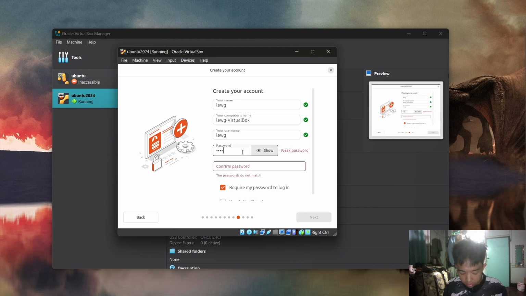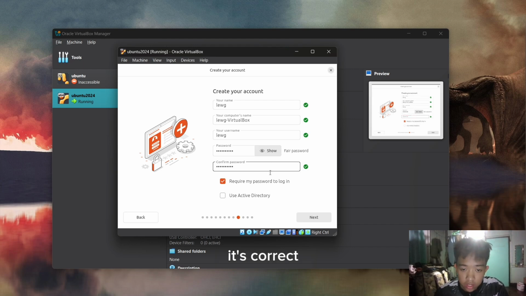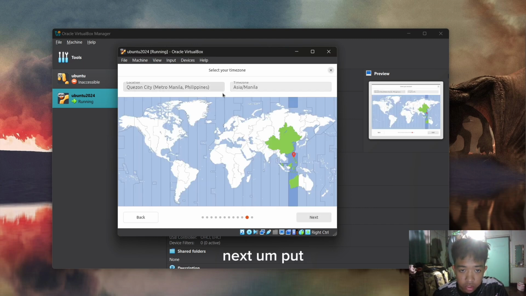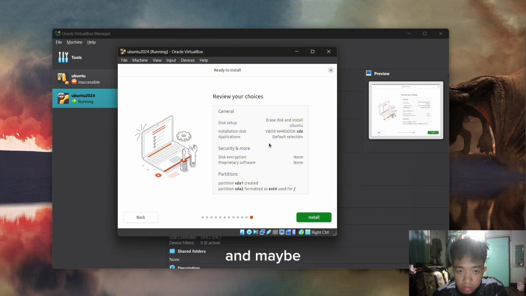Make sure that it's correct. In my case, I won't require my password to log into this Ubuntu account again, but I'll remember my password. Next, put your time zone. It is already correct. Review your choices and then install.